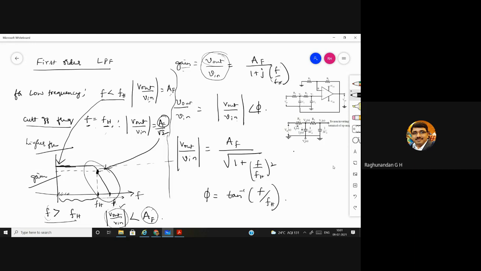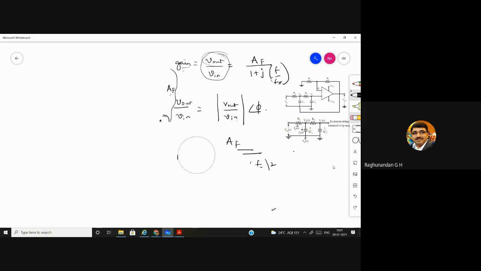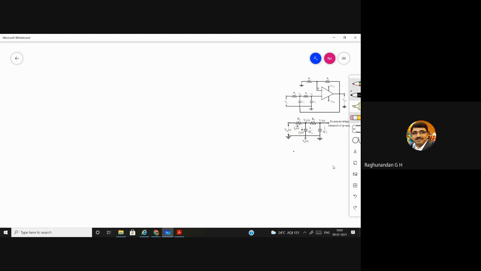Okay. This is how our circuit works, and this is known as the stop band, and this is known as the pass band. So all the range of frequency till the higher cutoff frequency will be passed, but after that, whatever signals we are having will not be passed. That means the gain will be reduced. When the gain is reduced, the signal will not be transmitted to the destination. So that is the idea behind this. After this, design procedure.